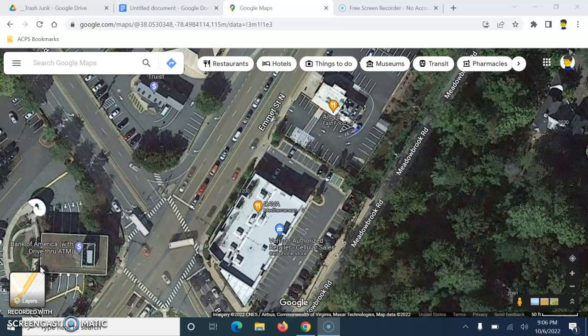This video is going to show you how to take a screenshot of a part of the screen in Windows 11 and then put that into a Google document. So I've got a map showing up on the screen from maps.google.com, and then what I'll do is I'll press